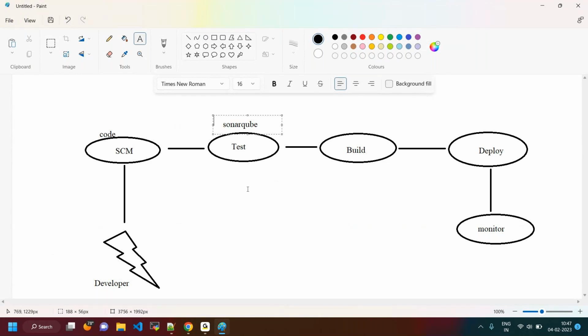Now this particular code we are going to be testing here with SonarQube. Then we are going to be building. This particular code might be a Spring Boot application. If it is a Spring Boot application, I'm going to be using some tool like Maven. Who will do this Maven installation? In the DevOps case, we need to do this Maven installation also. You are going to be installing it on top of some server, and we are going to be building some packages here.